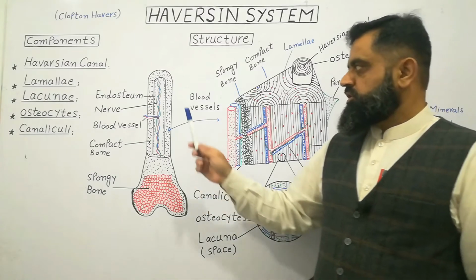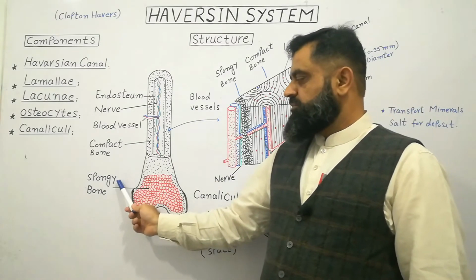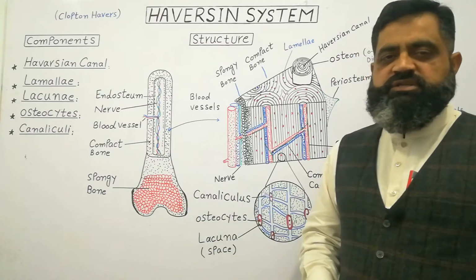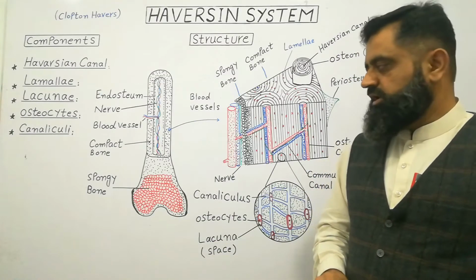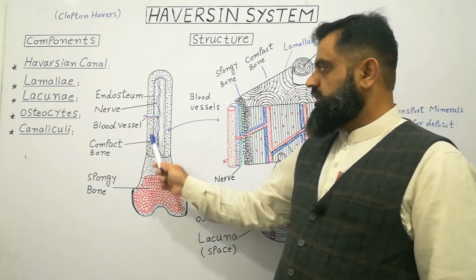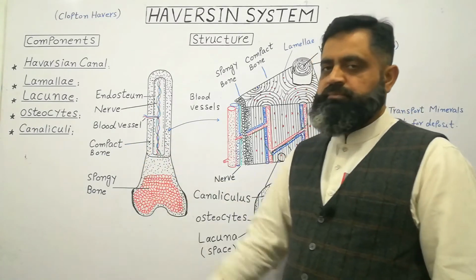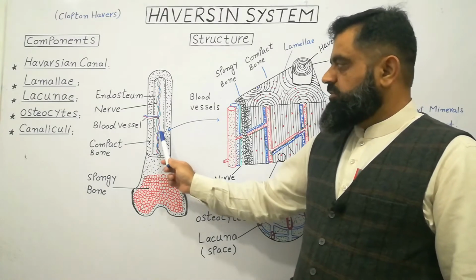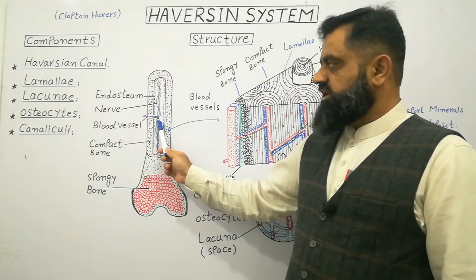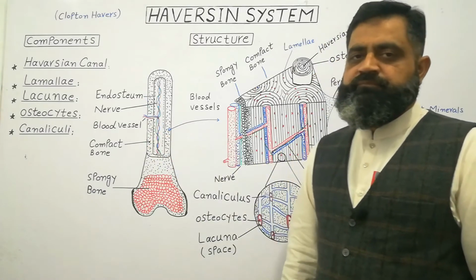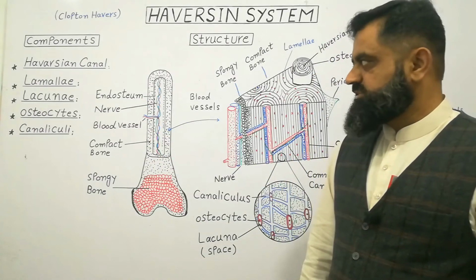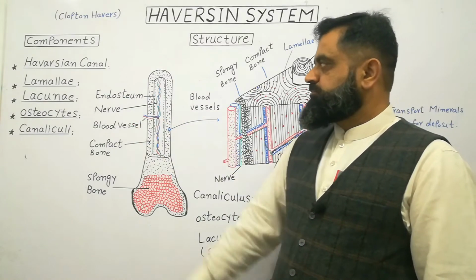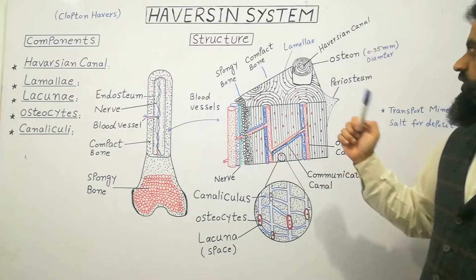Our bone consists of two major parts. The one part is known as spongy bone, which contains compartments which contain red or white bone marrow, and the second part of our bone is known as compact bone. These two parts of the bones are supplied with blood vessels, arteries and veins, lymphatic system and nerve supply for coordination and homeostasis. The inner part of the bone is known as endosteum, while the outer part is known as periosteum.